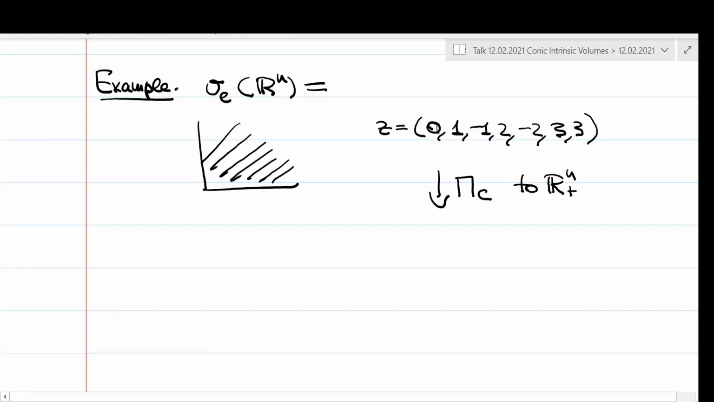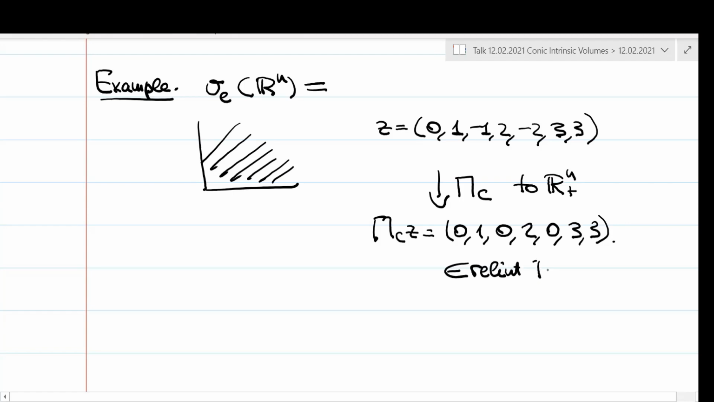Well, it's clear that all positive coordinates can stay as they are, and all negative coordinates have to be replaced by 0. So the projection is 0, 1, 0, 2, 0, 3, 3. And now this projection belongs, in this case, to a face, or to the relative interior of a face, with dimension... well, the dimension of the face is the number of non-zero coordinates, so it's 4